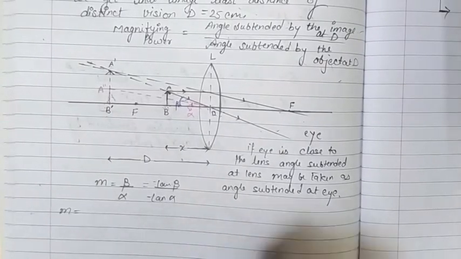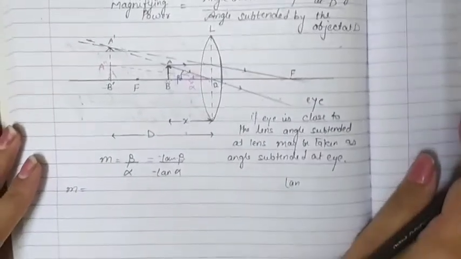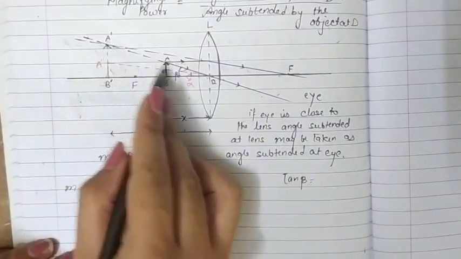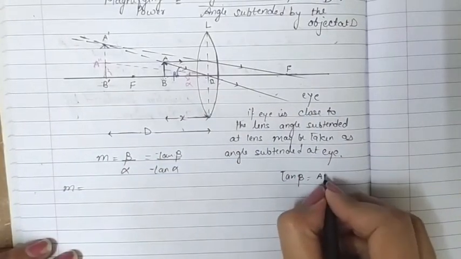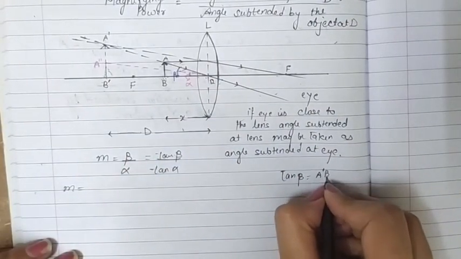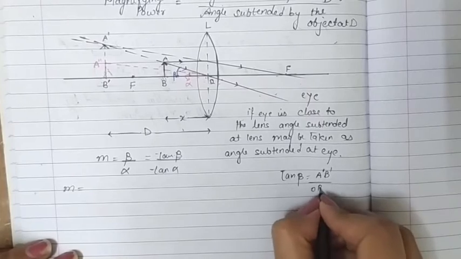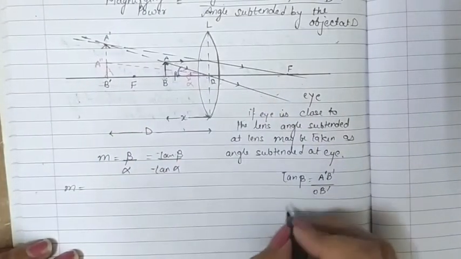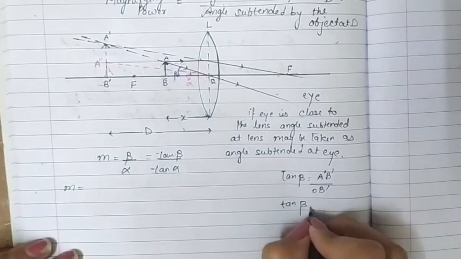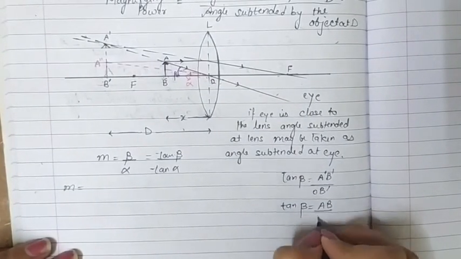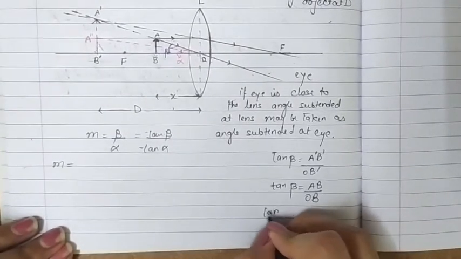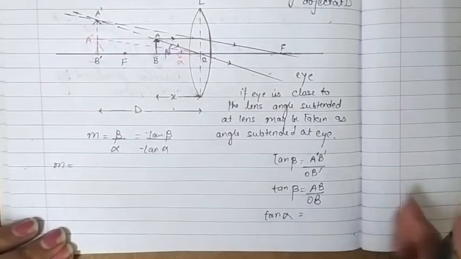That means tan beta will be equal to A'B' upon OB'. But in the smaller triangle ABO, tan beta is equal to AB upon OB, right? Now if I want to find tan alpha,